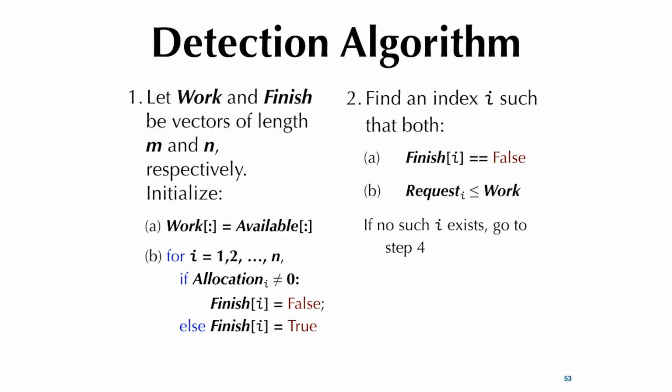And avoidance is to run the safety algorithm to make sure that if you are going to grant a resource, you check to see that after granting the resource, you're still in a safe state. If so, then you go ahead and grant the resource. If not, then that process will just have to wait for others' turn. Then it gets its turn.